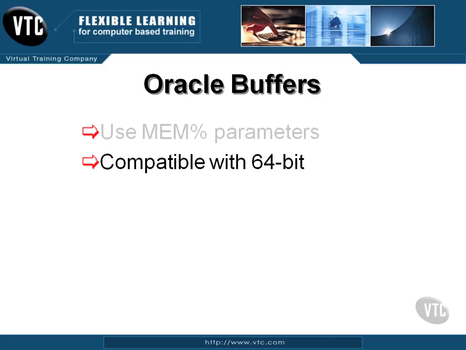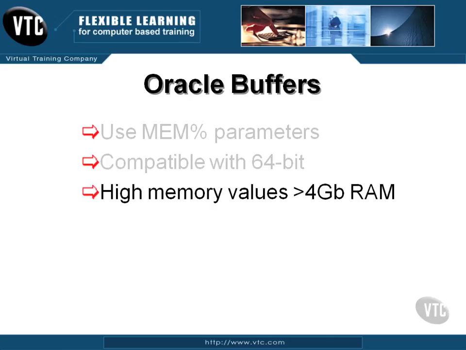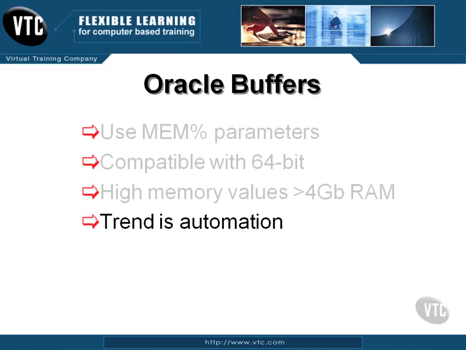Substitute all those little bitty memory parameters such as the cache parameters or the SGA and PGA. Use the MEM parameters, they work much better. They work well with greater than 4 gigabytes of RAM, which is obviously common with 64-bit servers. The trend in Oracle, as in many databases, is towards larger things, larger files, larger buffers, larger this, larger that,